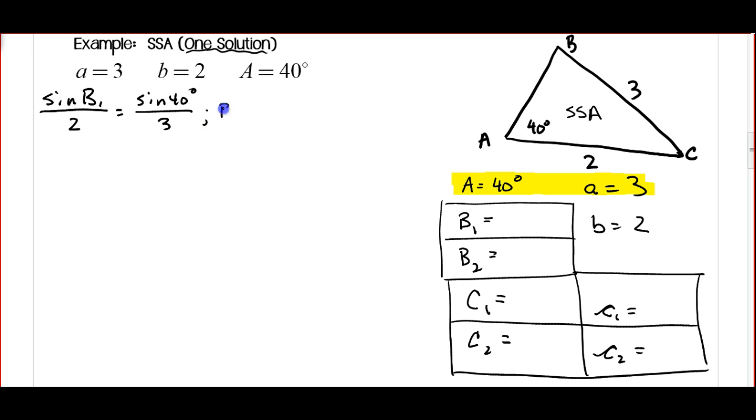And in order to solve this one, B1 is going to be the sine inverse, because we have to undo that sine, of 2 times sine 40 divided by 3, and we should get about